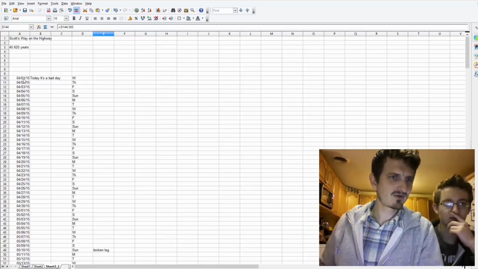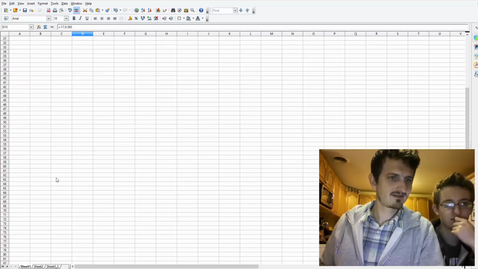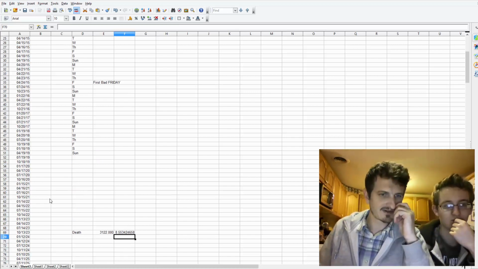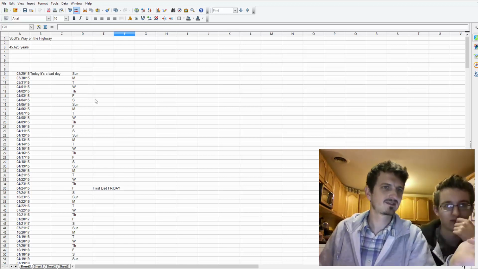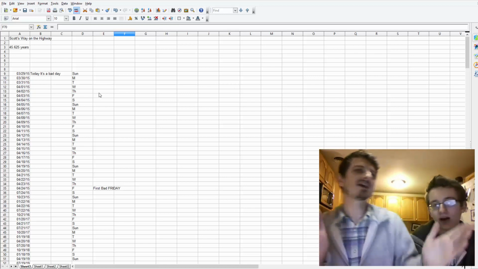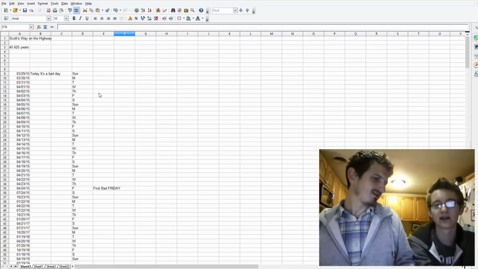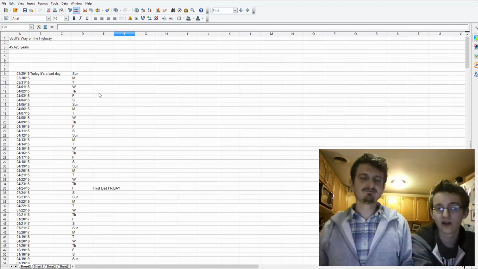Wait a minute. We started on a Wednesday. This is not there anymore. What? I thought I copied that sheet. There we go. Oh yeah, I did modify that one. So this was 8.5. And the other one was like... I don't remember. Either way, the average was probably right around 14. 14-ish, more or less. Again, I'm sorry, Billy. You don't have long to live.